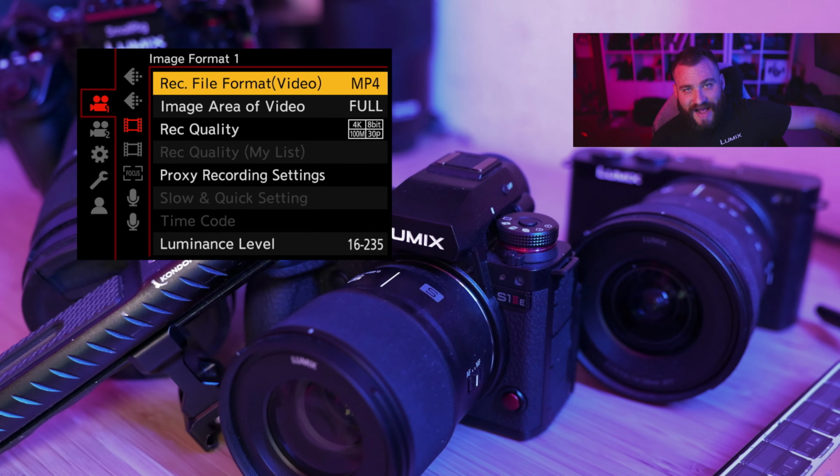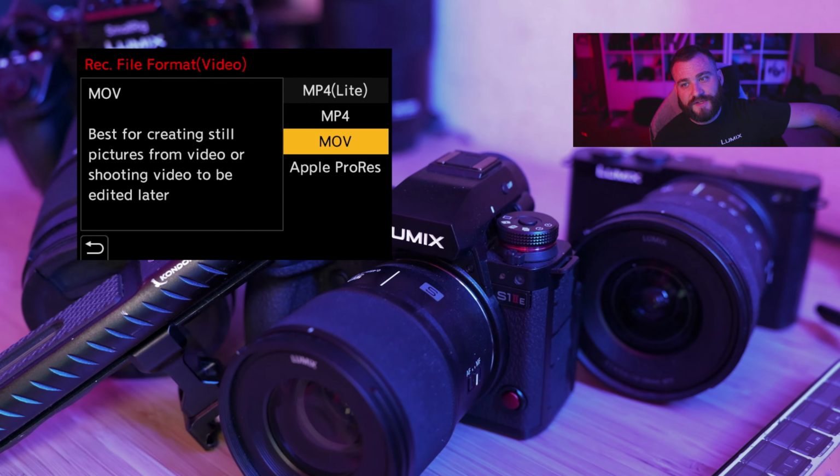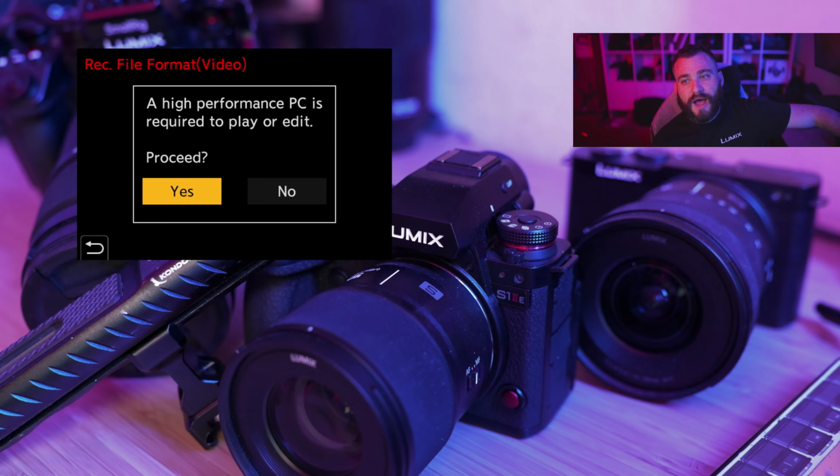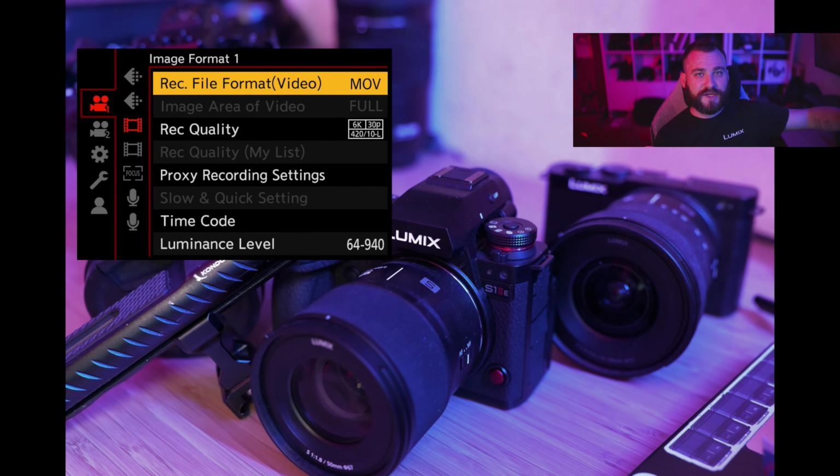If you want to maximize the amount of resolutions and frame rates and codec and compressions and everything that's available to you, this is where you would immediately go in here and change this to MOV. MOV is still very widely compatible across all the different platforms. To be clear, it's not like you're going to go into this and then you're just never going to be